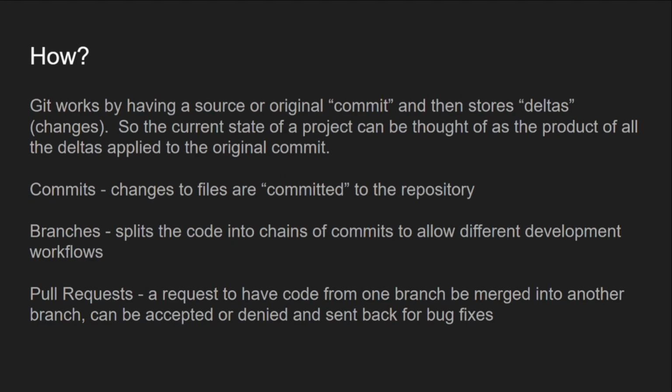It starts with an origin, or a first commit, and then it stores what are called deltas, or you can just think of them as changes. It stores this chain of changes. Sometimes you can go back and pluck out one of those changes and keep the rest, if you just want to get rid of one specific change you've made.